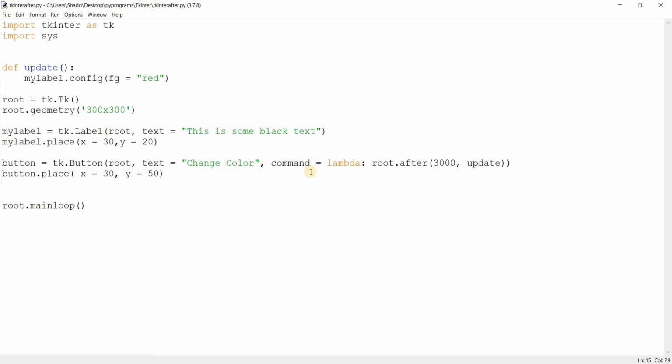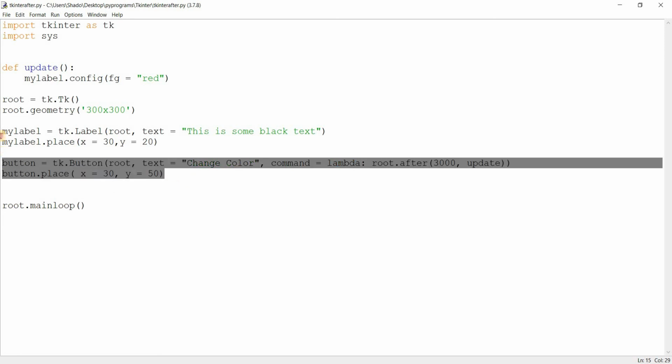So yeah, it's a bit tricky, but if you think about it hard enough and you actually try it out for yourself, you'll understand more, right? And if you maybe don't know about the lambda, then you should go and take a look at it in a separate tutorial. So yeah, and let's just remove this now. All right,